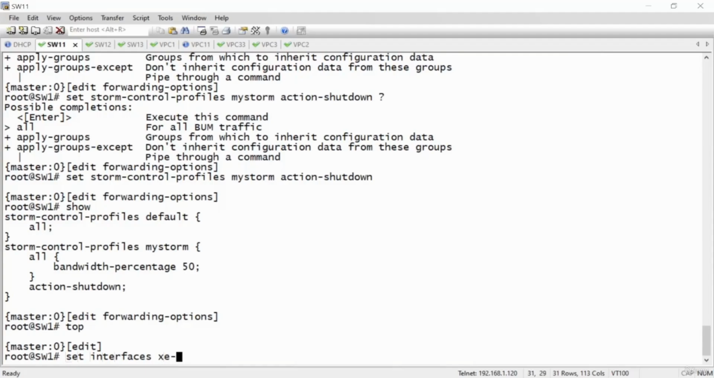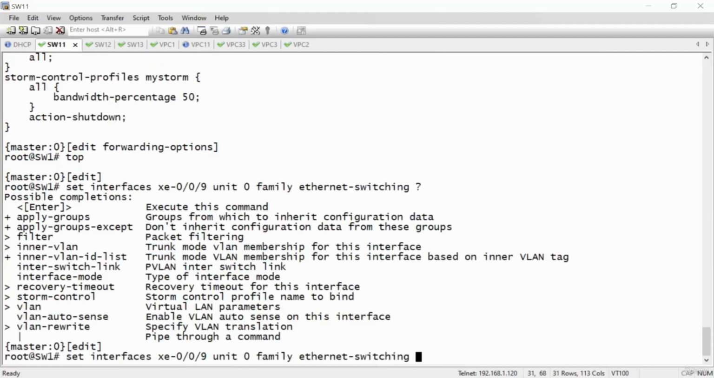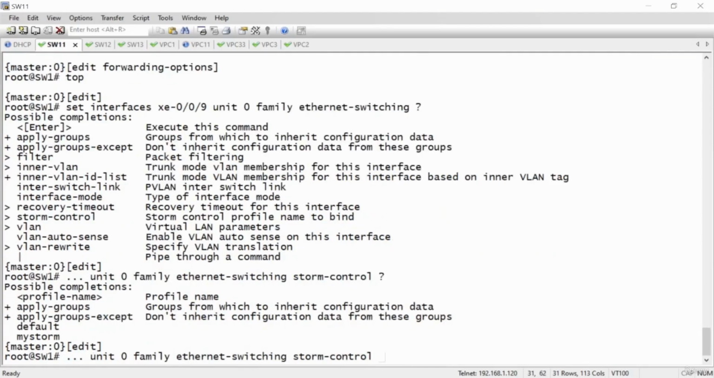Let's do it on our DHCP one. So XE 0/0/9 unit 0 family Ethernet switching. Now if you do a question mark there, we see we have storm control. So storm control, do another question mark, and now we can say which ones we want to apply, which profile, whether we want to put the default one on or whether we want to put the one that we created,